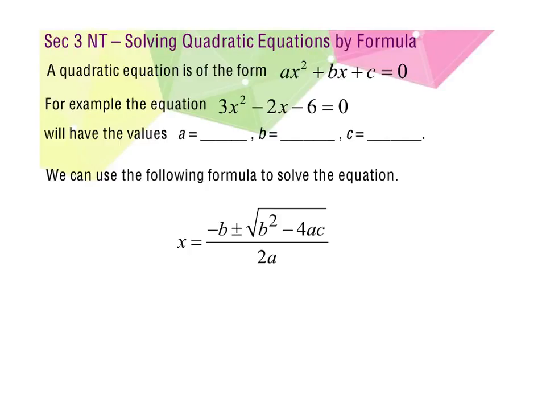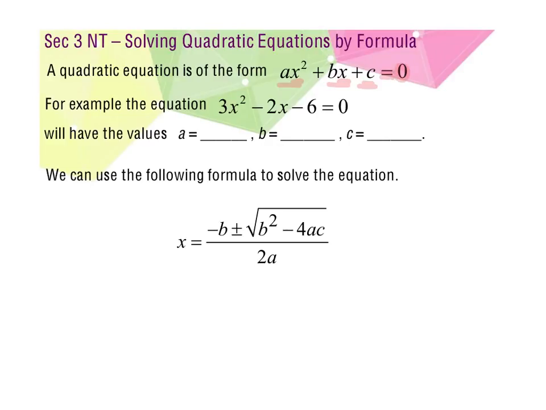Solving quadratic equations by formula. Now a quadratic equation is of the form ax squared plus bx plus c. It's always in terms of ax squared, x, and then a number. And it must be an equation, so it must be equal to, and in this case it's always equal to